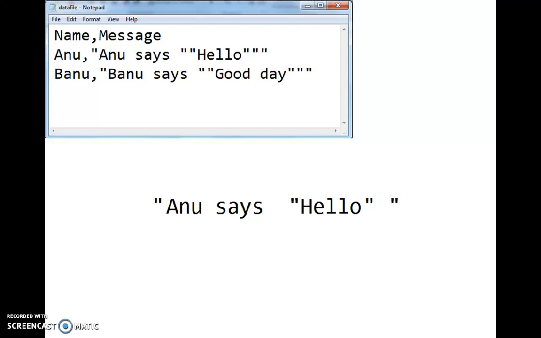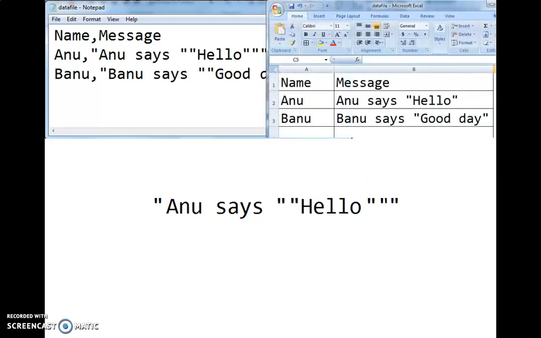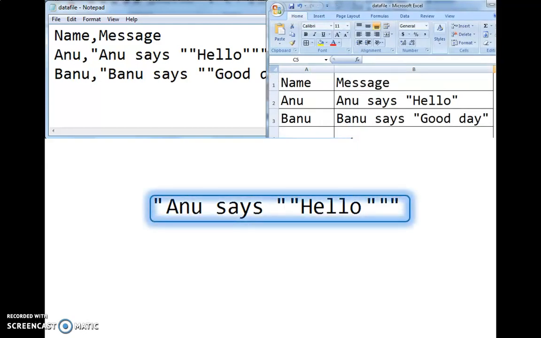Then precede each embedded double quote with another double quote. Look at the worksheet. You have to give the field data like this in the notepad to view the data like this in worksheet.